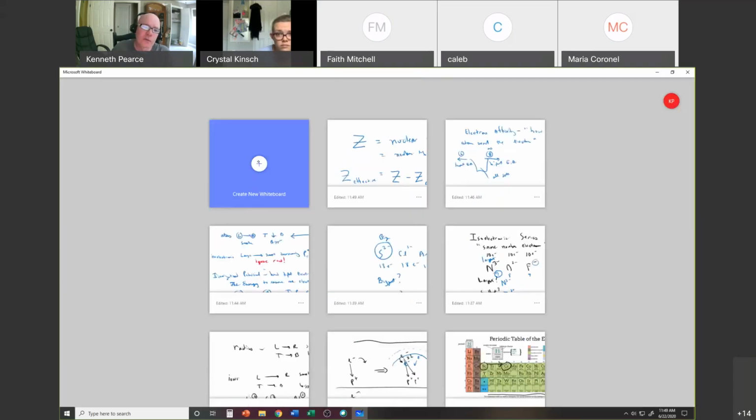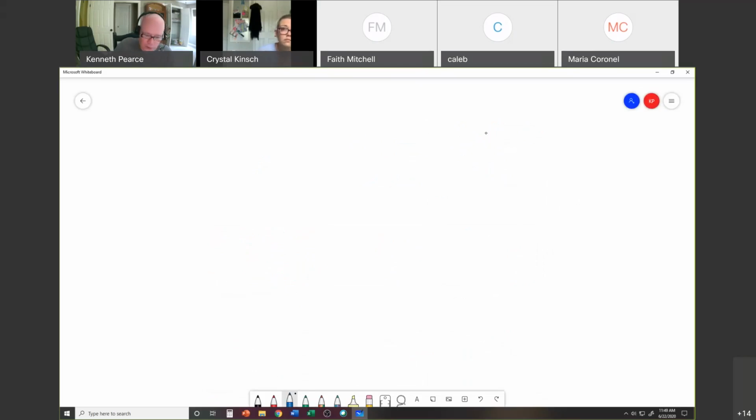Here's how it works. Real simple. Let's say, what is Z effective of, let's pick one, how about chlorine? If you look in the textbook, there are about half a dozen different ways of calculating Z effective, depending on how much weight you put on the S's, how much weight you put on the P's, how much weight you put on the D's, whatever. And what I'm telling you is Z effective: